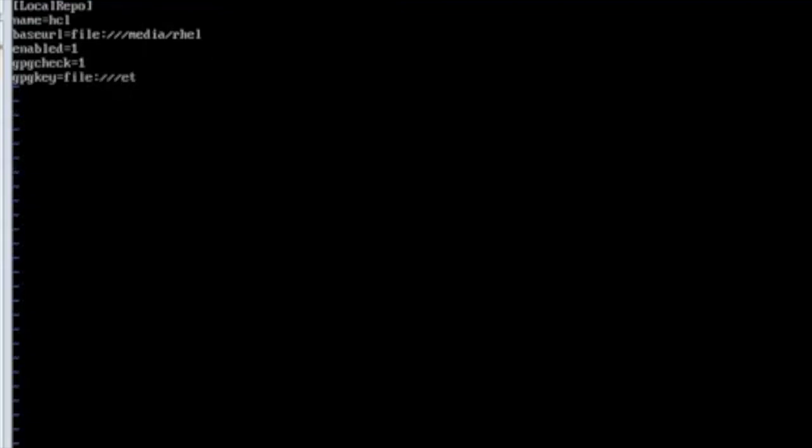This will be common for every repository because this is the path where the GPG key is present in your system.